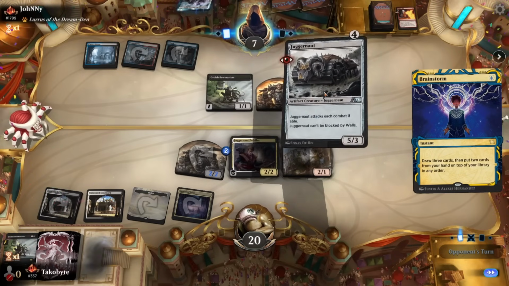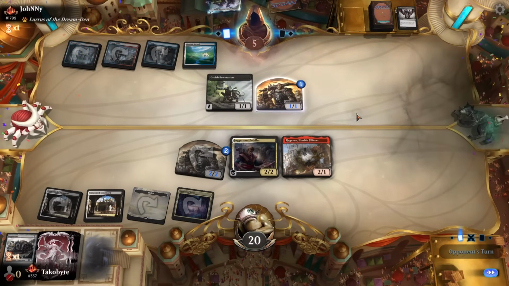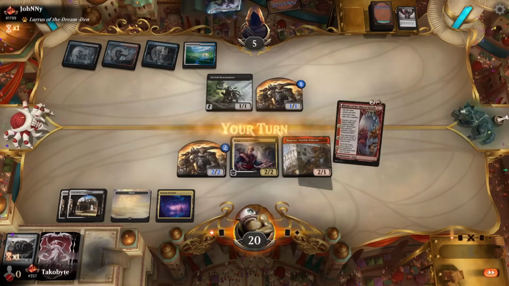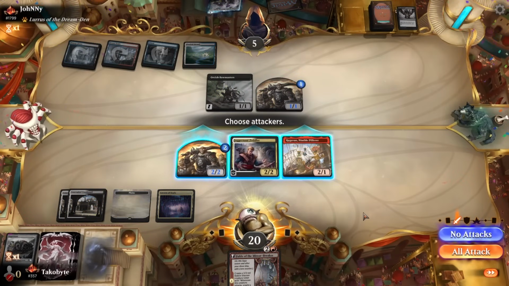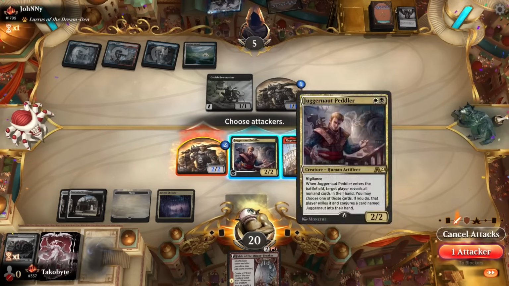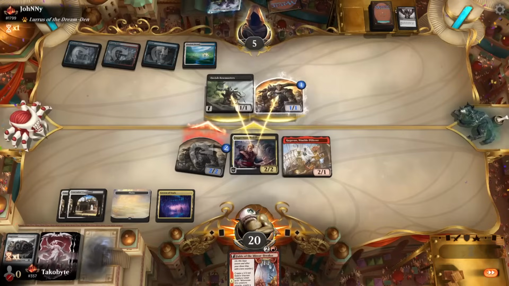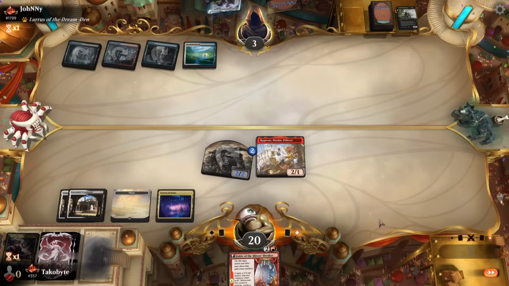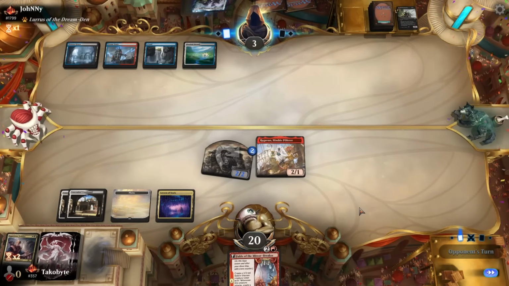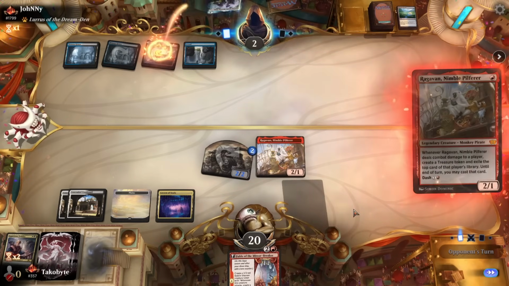I mean, this should be a pretty good threat, honestly. Okay, they had to take 2 damage for that. That's pretty huge, in my opinion. Okay, that's really good. Hoping that this Ragavan connects. Can this Ragavan connect? Also, opponent is dead currently to 2 damage, so...